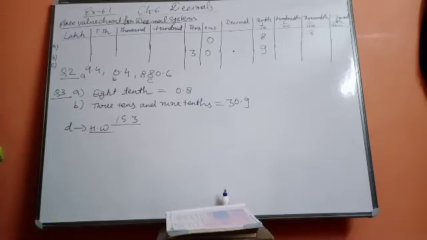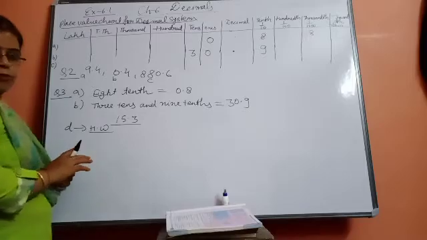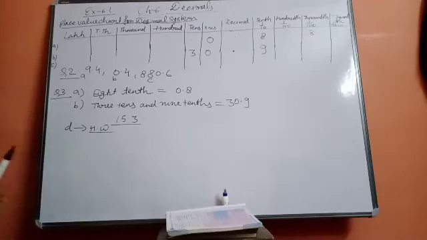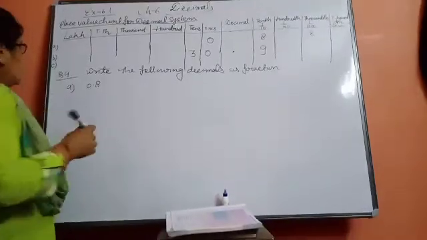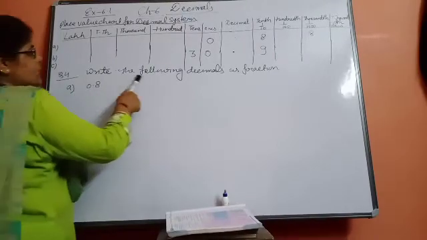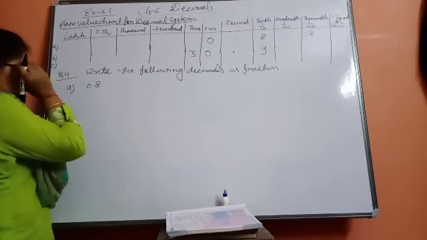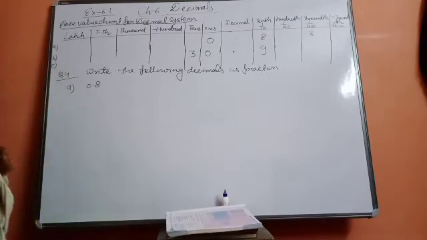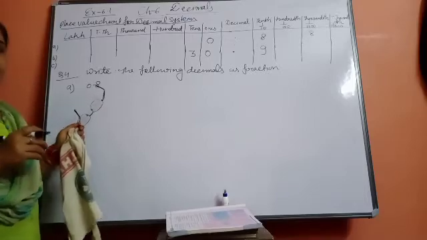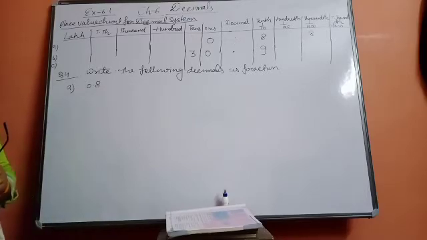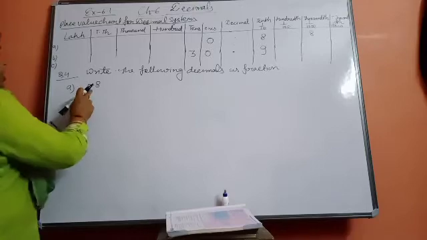Okay. Now come to question number 4th. Now see that beta question number 4. Write the following decimals as fraction. In fraction you have to write, and I taught you this while we were learning the fraction also. Their decimal numbers came and we converted those decimal numbers into the fraction. See that here also I am going to do.